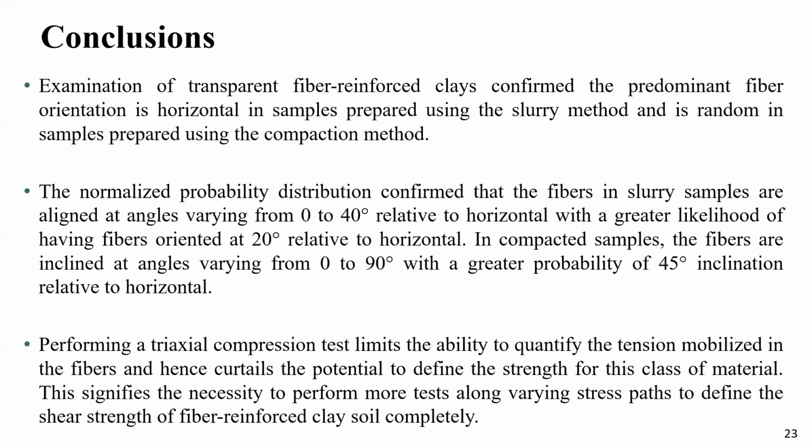Examination of the transparent fiber reinforced clay confirmed that the predominant fiber orientation is horizontal in slurry samples, whereas it's random in compacted samples. And from the normalized probability distribution chart, we confirm that the fibers in slurry samples are oriented at angles between 0 to 40 degrees, whereas the fibers are inclined at angles between 0 to 90 degrees